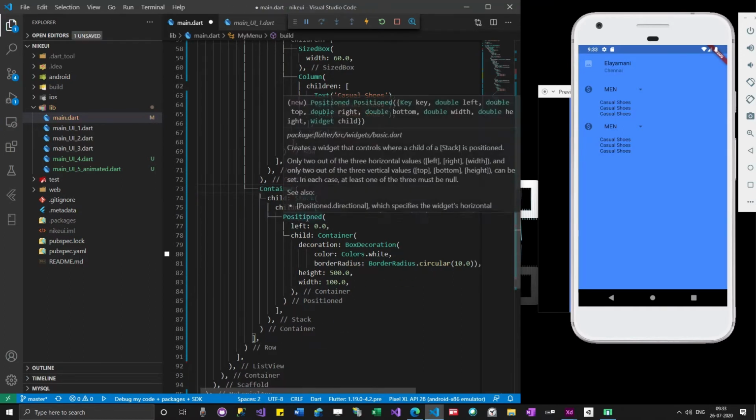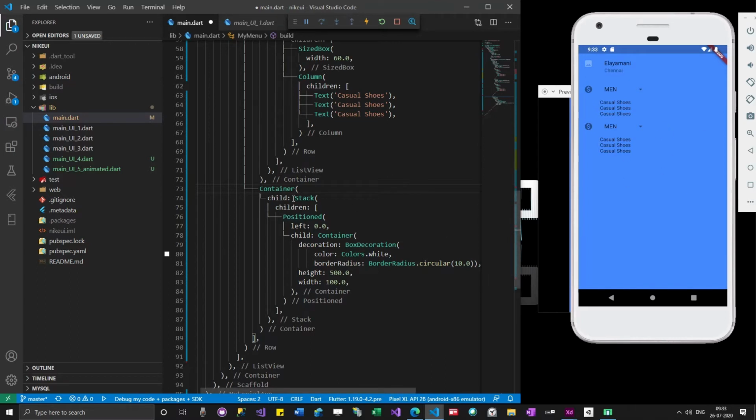So after adding this position widget, you could see everything is gone. I'm trying to fix that now.